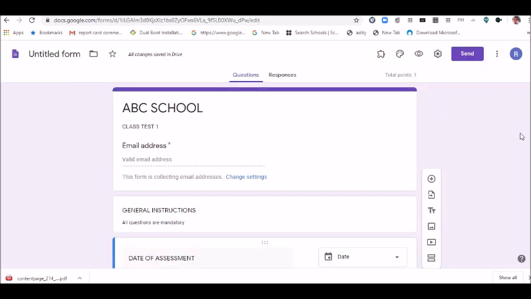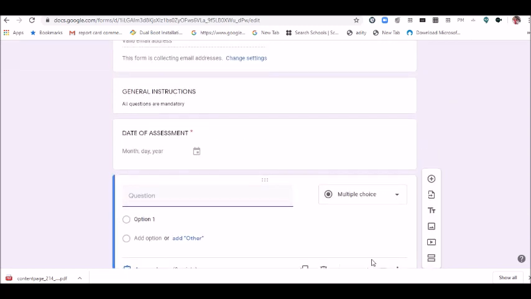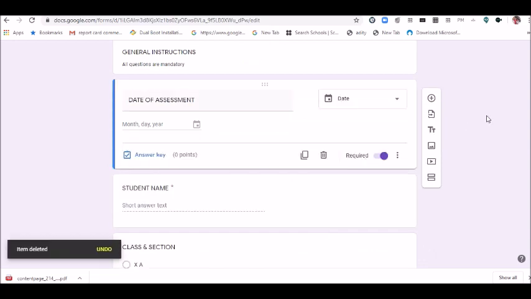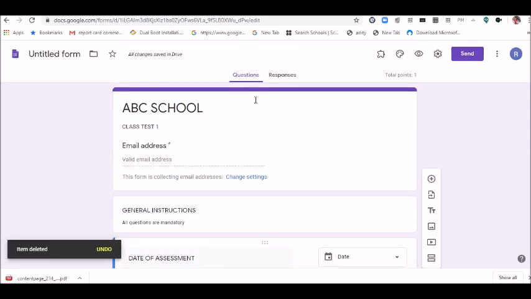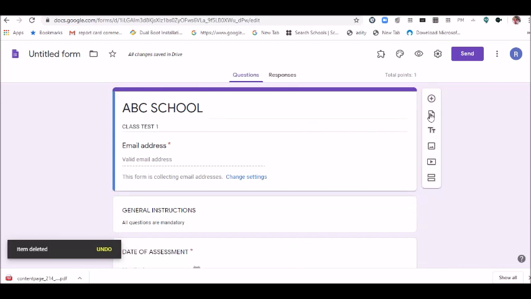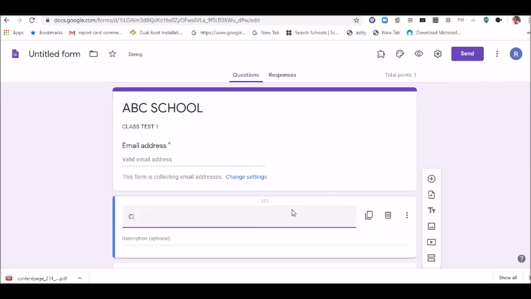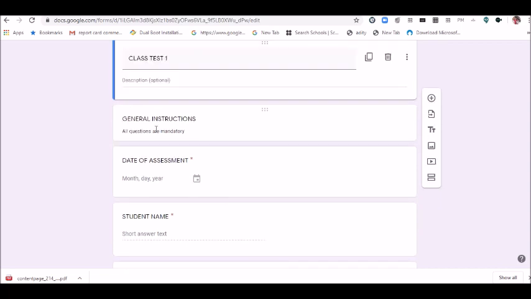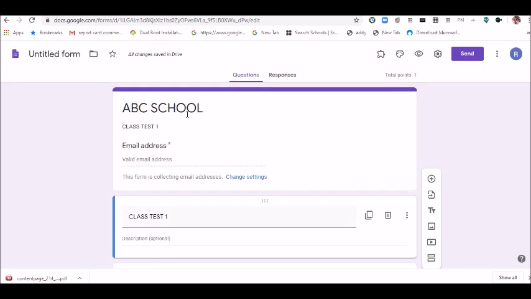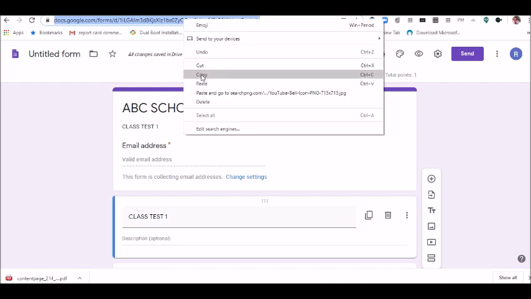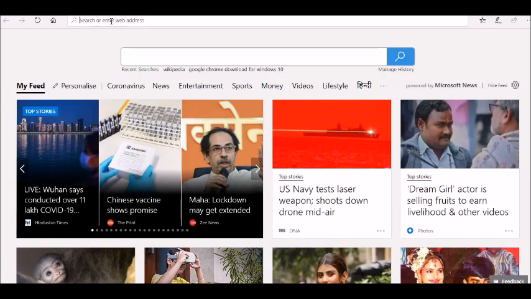Okay. Now I even want to give it a heading, like it is class test 1. So I will click on the plus icon here. Okay, I'll delete it from here. So instead of clicking elsewhere, click where you want it, exactly below this title. So I'll click on this button. So this is my class test 1. Okay, so now this is my form where I have written class test 1 and given some instructions. Let's see how this form is going to look to the student. So let's open it in some other browser, and I'll paste this URL here.